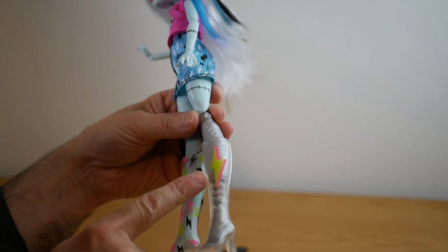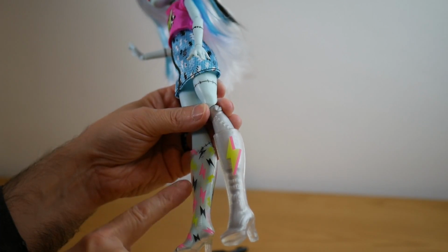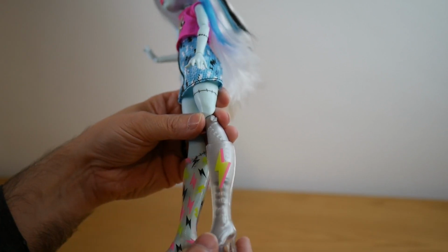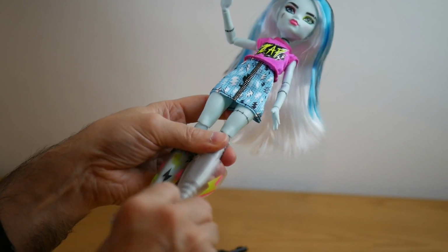So this one has got a single sort of thunderbolt on here, and then this one is covered in them, and in those really great colours. I love this kind of pink. I love the sort of highlighter yellow, highlighter green, maybe. But yeah, let's have a look at the